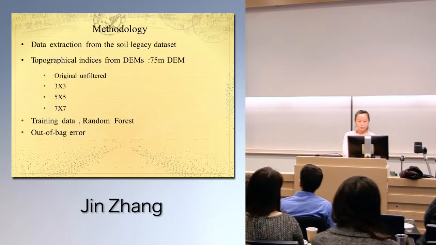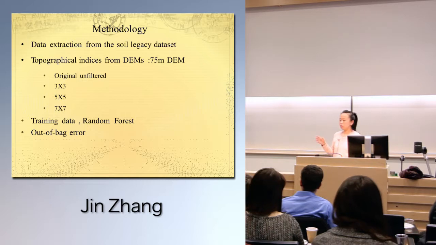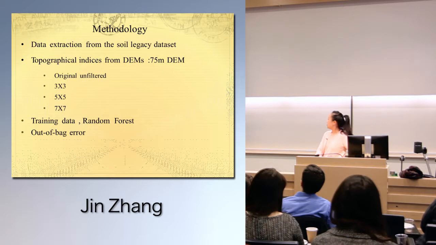In the methodology, I'm using data extracted from the soil legacy data points, the traditional soil points we have seen before. Then we're using the topography indices calculated from the DEMs. There are many resolutions, but for my study I'm using 75 meter DEMs, which means the cell size is 75 meters by 75 meters. And I'm using four comparisons: our original unfiltered DEMs, or 3x3 windows filtered DEMs, and then